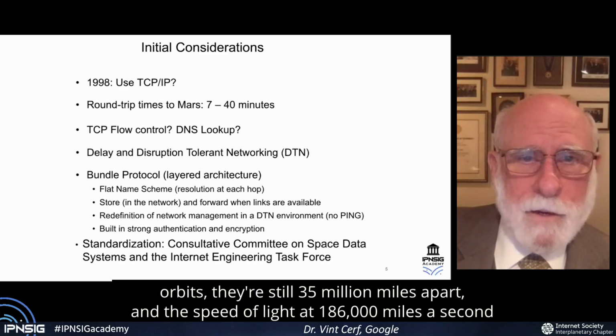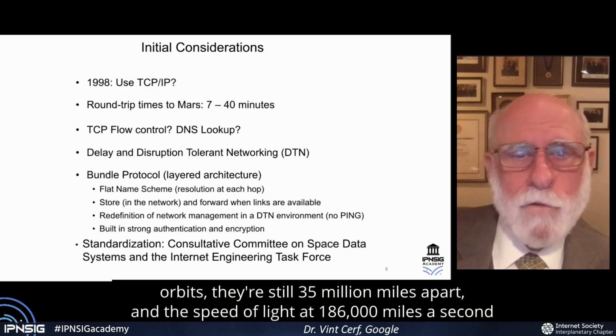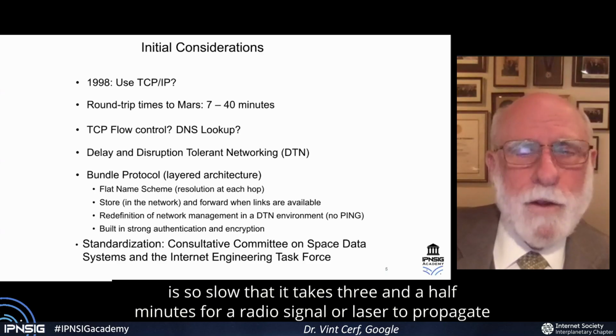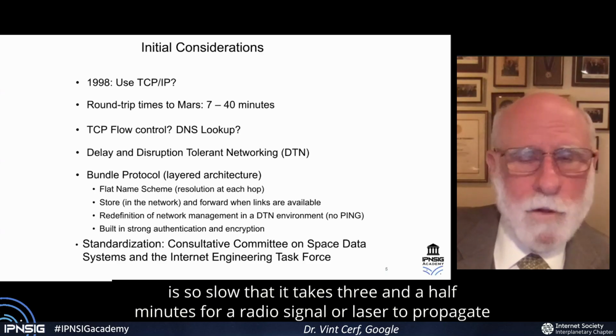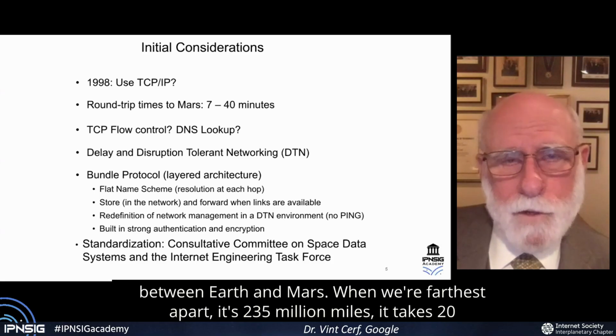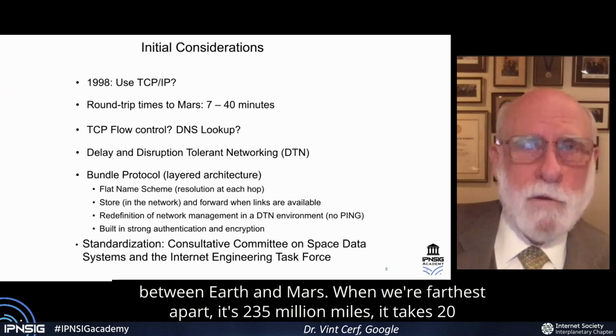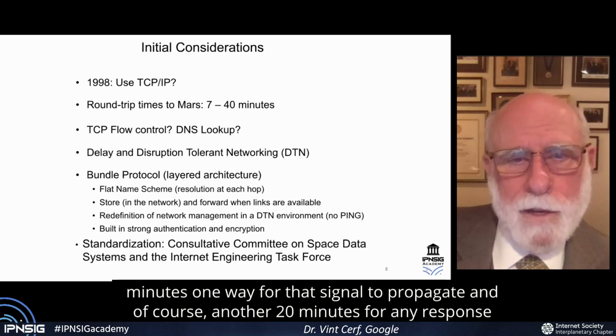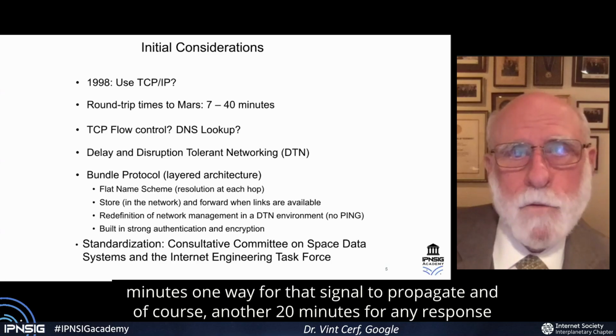And the speed of light at 186,000 miles a second is so slow that it takes 3.5 minutes for a radio signal or a laser to propagate between Earth and Mars. And when we're farthest apart, it's 235 million miles. It takes 20 minutes one way for that signal to propagate, and of course, another 20 minutes for any response